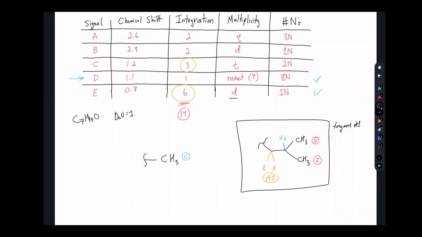Again, we're not really looking at chemical shift too much at the moment. We know that it has 2 neighbors. Those 2 neighbors must therefore be connected to this adjacent carbon. The doorway shifts once again. Here we see 2 hydrogens,